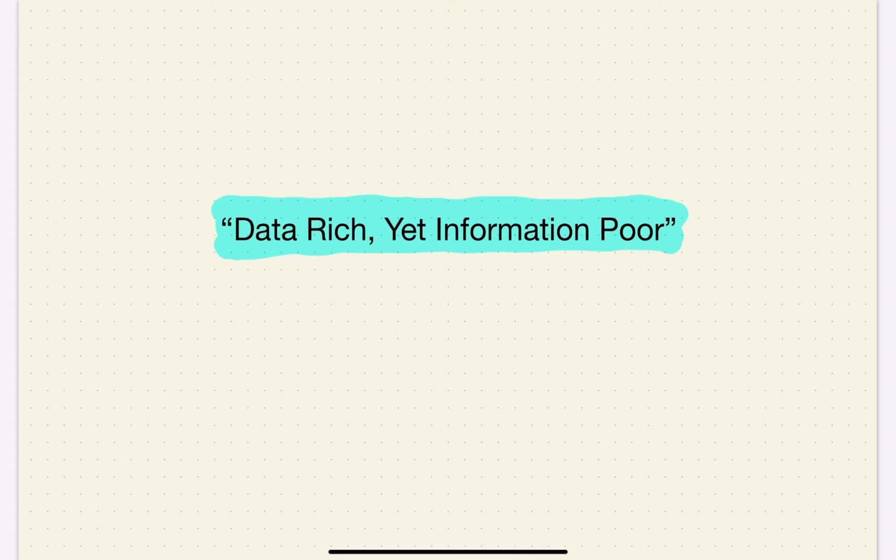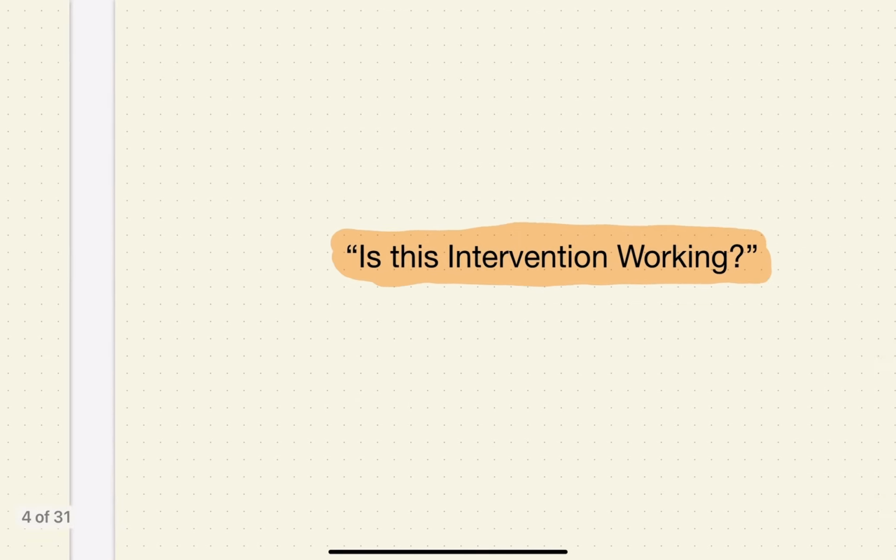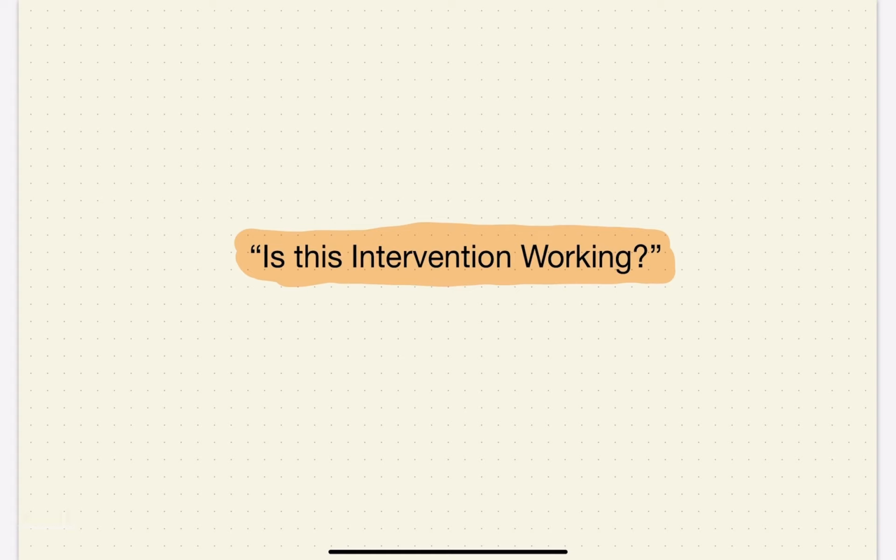I think of screeners, I think of benchmarks, I think of homework, I think of assessments, I think of formative assessments, summative assessments. I have all of this information, anecdotal information, survey information, all of this data on students. Yet, sometimes I don't feel like we have the just right information we need in order to make decisions. Even with all of this data we have collected, we sometimes struggle to answer this question, is what we are